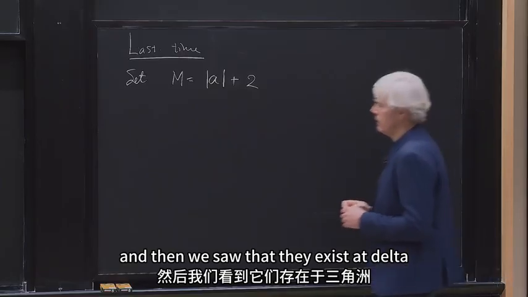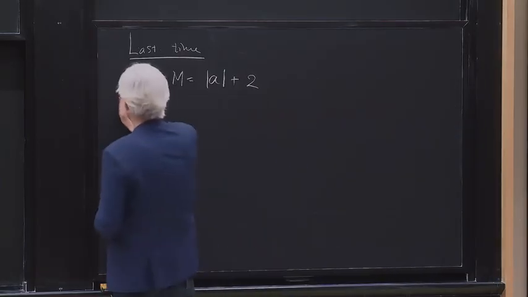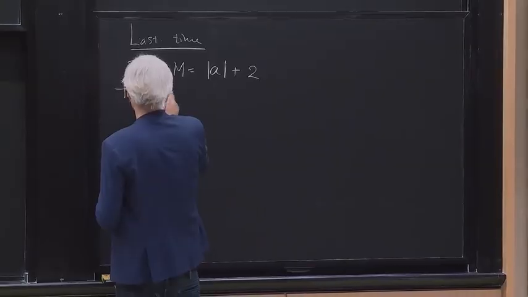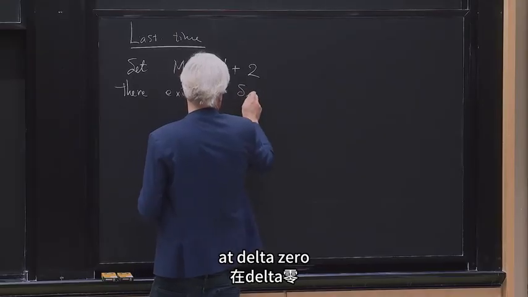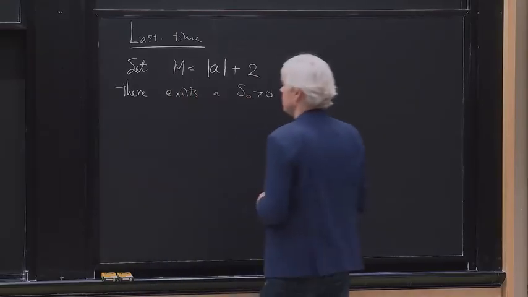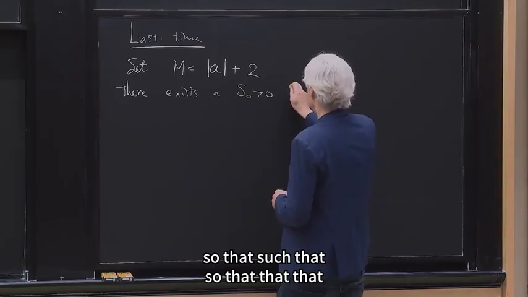And then we saw that there exists a delta 0, delta 0 greater than 0, such that